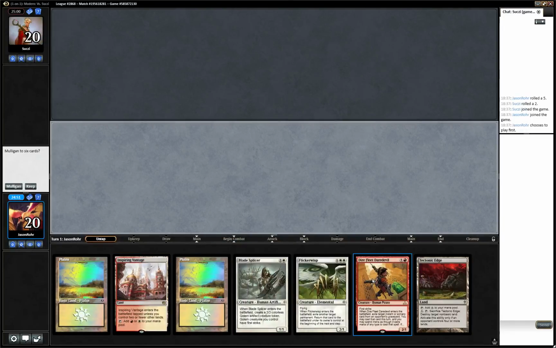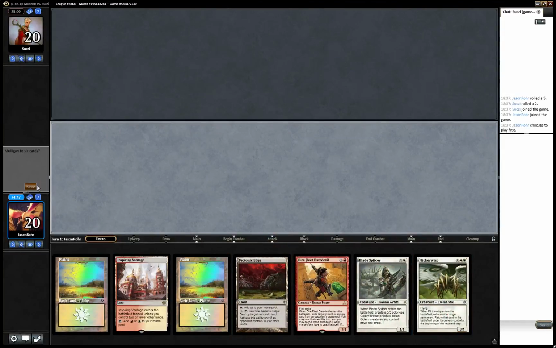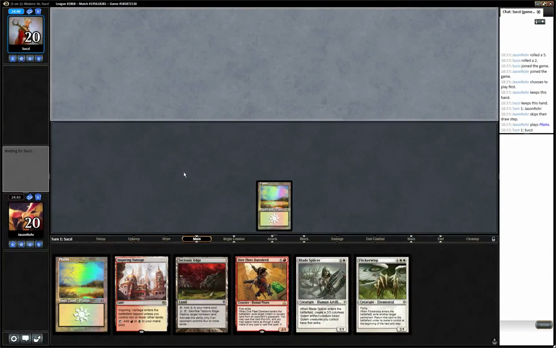So what do we got here? We got a turn 2 Dire Fleet into a turn 3 Blade Splicer. Maybe that's okay. Maybe that's good enough. I don't know. We'll see. The Dire Fleet having first strike is actually a really big deal. It's been really important so far. Let's just play this plains. There's no reason to give away that we're playing...